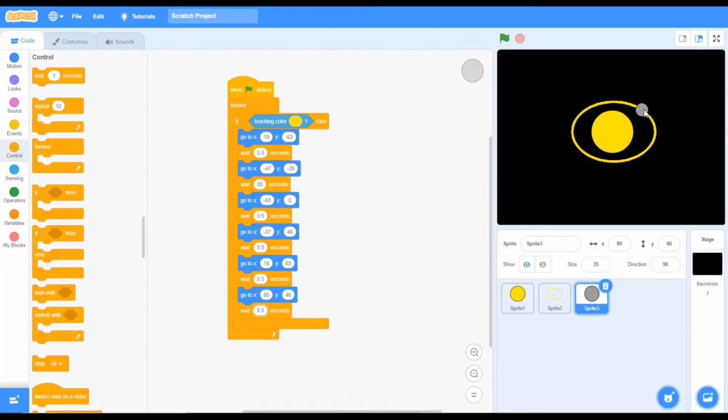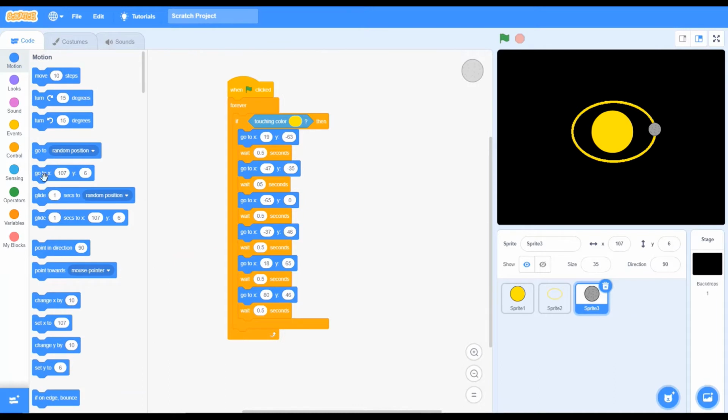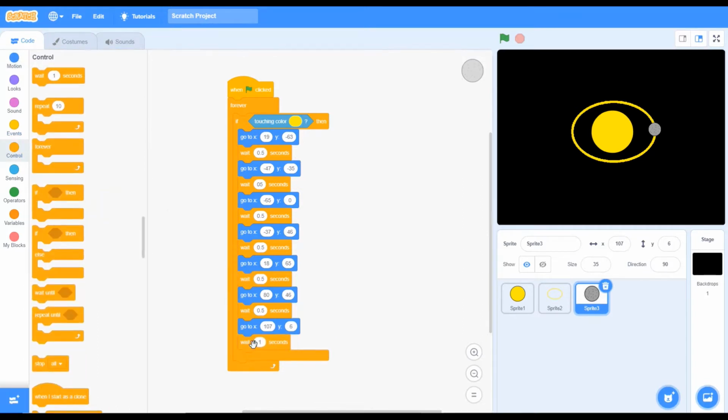So friends, the orbit of Mars will be the longest, so the coding will be the longest for Mars, maybe because of that. Then it will again go back there. We will select x 107, y 6. Then again go back here. So friends, now we have the full tower, but remember the thing is not over yet. It's very close to 19. So next we will keep it in a position. Okay, if you want, you can change anything. You can increase or decrease the spread.